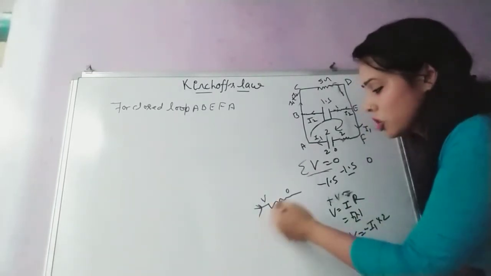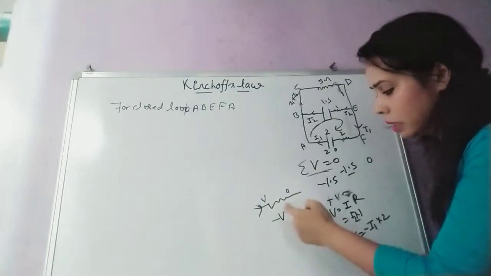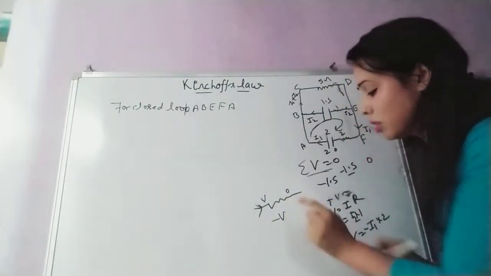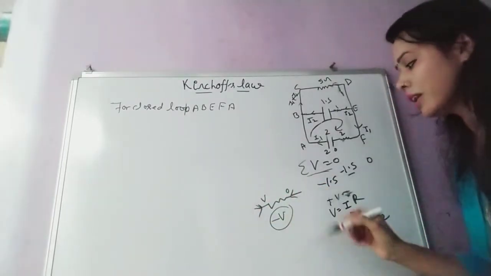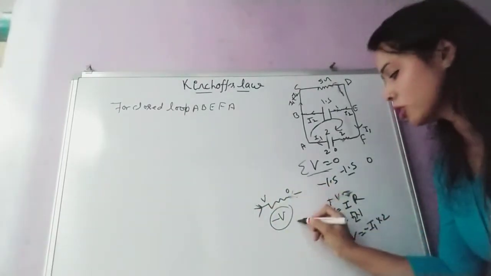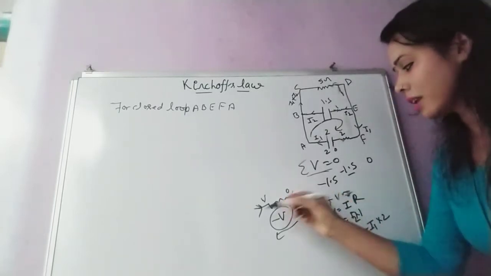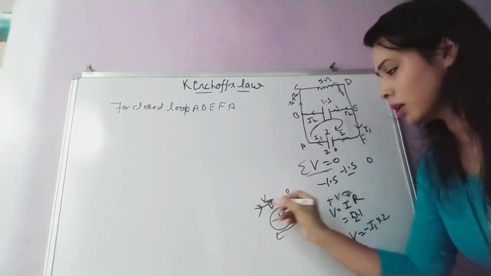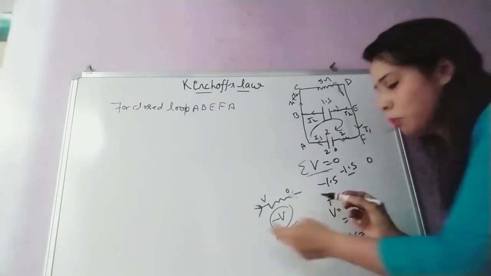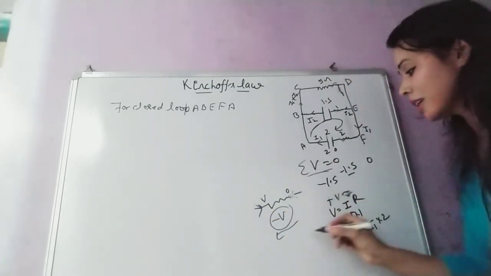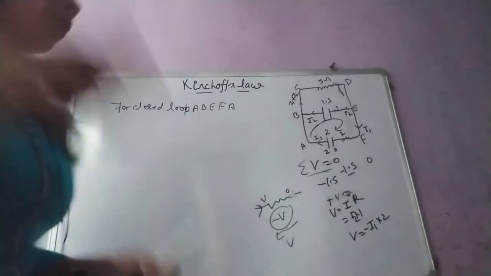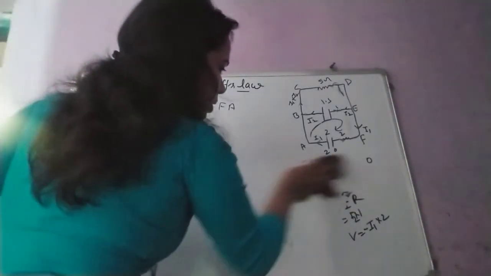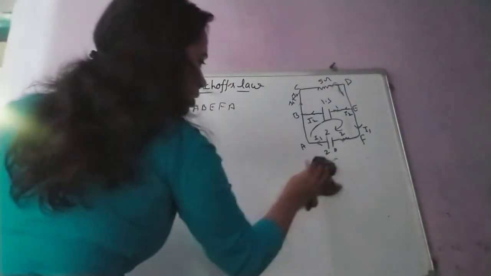If we take the path in the direction of current, then we are losing potential. That's why we take negative potential. Okay, if you choose the path opposite to the direction of current, so this is the direction of current and you have chosen the path in this direction, then you are moving from 0 to V, meaning you are gaining potential because you are moving opposite to the direction of current. So that's why in that case we take potential positive. Understood? I think you understood. Now the question is easy. If you understood these rules, then you can solve it easily.